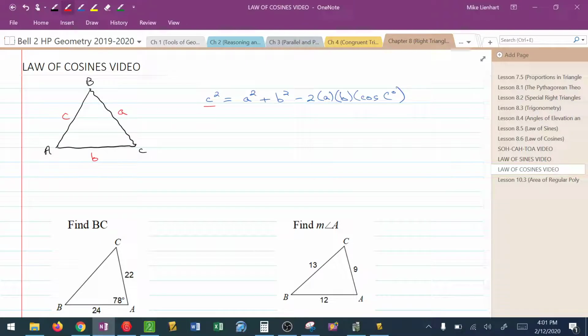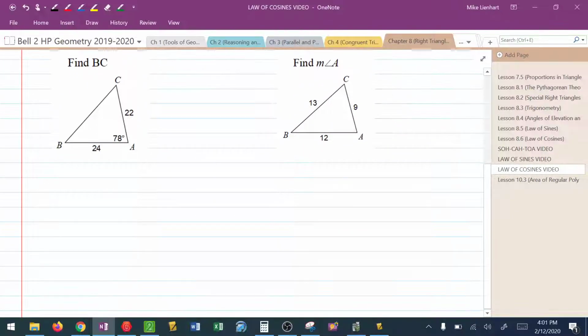The second scenario could be you're missing an angle. That's going to be the last thing. Now notice with that first and last value, those are side and angle that are directly across from each other. Very important. So the first thing I want to do is let's make sure that we can set up the